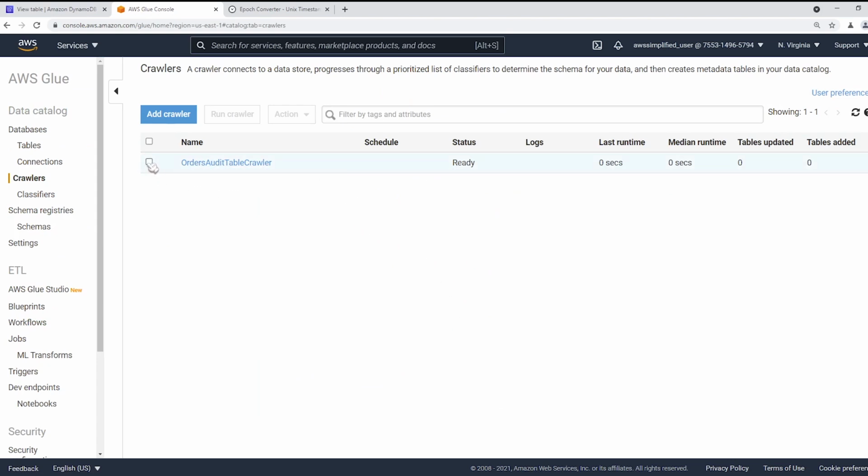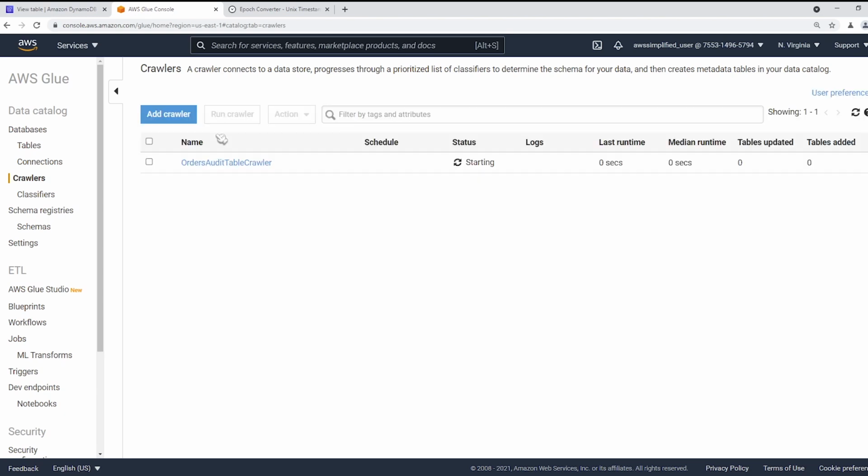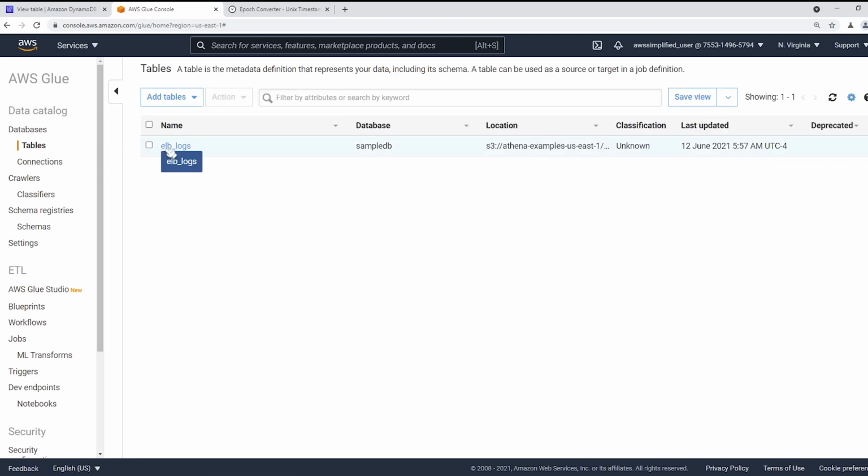What you want to do is click on this little box here and click on Run Crawler now. And what this is going to do is look through all the files that exist in that S3 location and parse all the JSON files to figure out what the common schema is between all of them. And then from there, after this crawler is done running, you can see here it's doing something. We're going to see an entry in the tables section over here. Right now it just says ELB logs, but we should see a table that contains something with reference to our S3 bucket. So let's let this run.